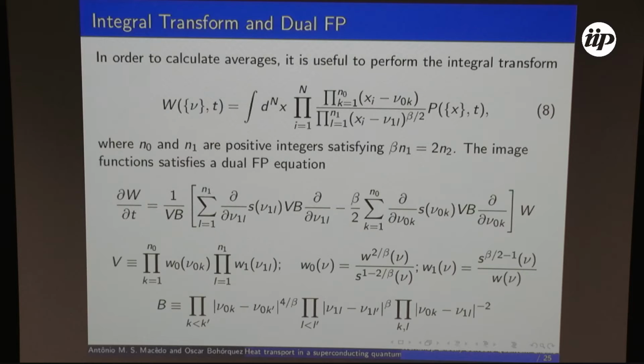And here comes an interesting surprise. At absolutely no point in the derivation have I talked about supersymmetry, superalgebra, or superharmonic analysis. There is no direct connection to supersymmetry. Nonetheless, if I look at the image function and the dual Fokker-Planck equation, then we see precisely what I would get if I used the supersymmetry connection or the color-flavor transformation. And in particular, what plays the role of the Jacobian, that is the interaction between the levels or the position of the fictitious particles, is the Berezinian. Everyone who knows supersymmetry would recognize this as the Berezinian.